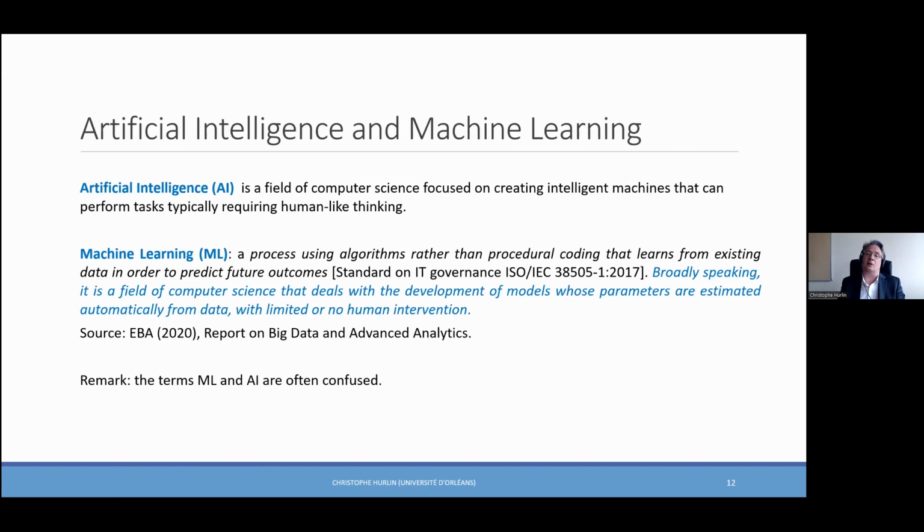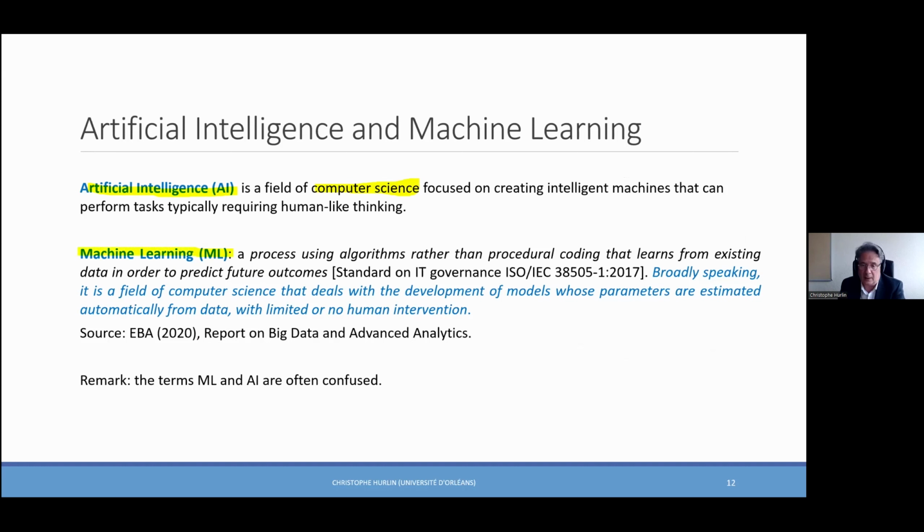Okay, let me start with a general definition of artificial intelligence. AI is a field of computer science focused on creating intelligent machines that can perform tasks typically requiring human-like thinking. It's a very, very general definition, but I think you will understand the difference with